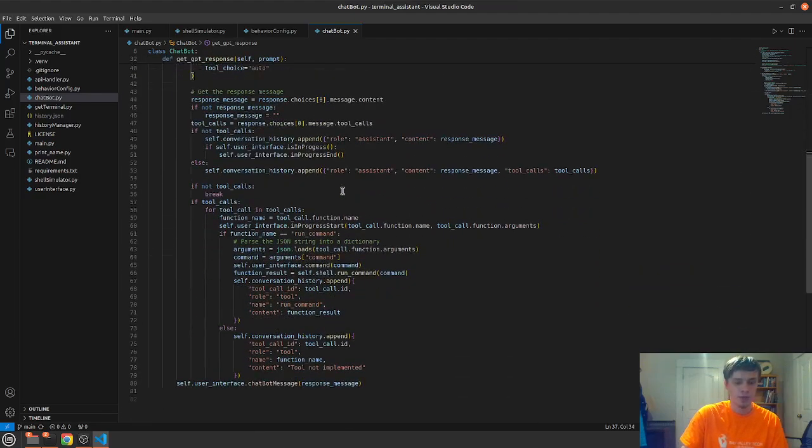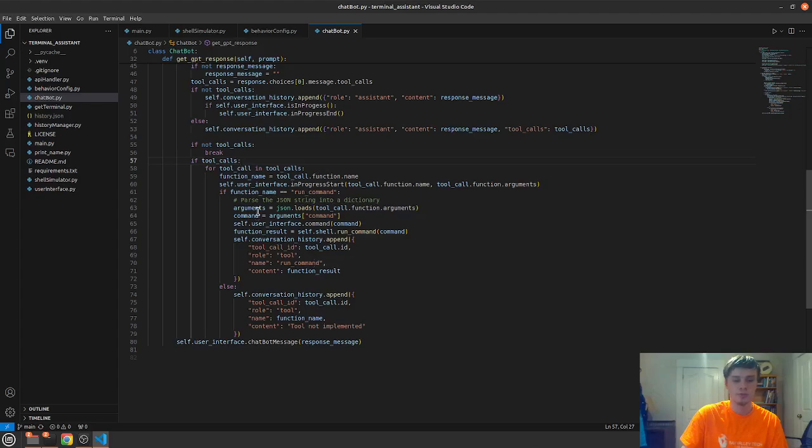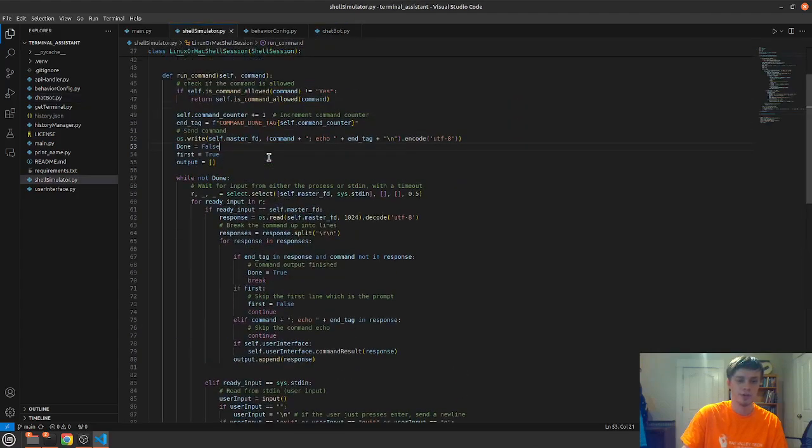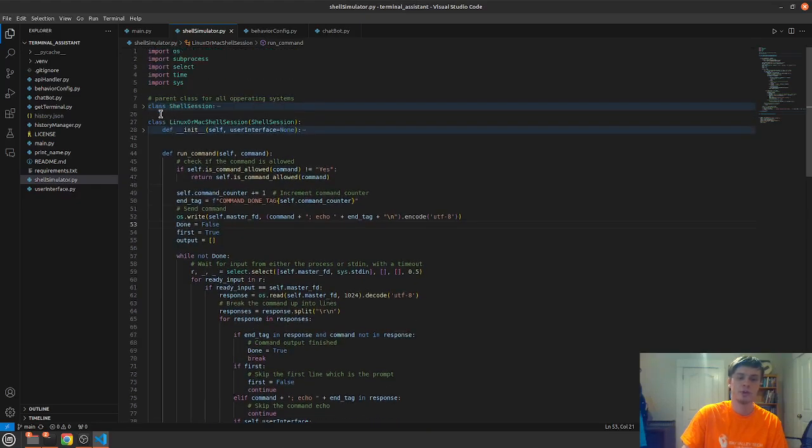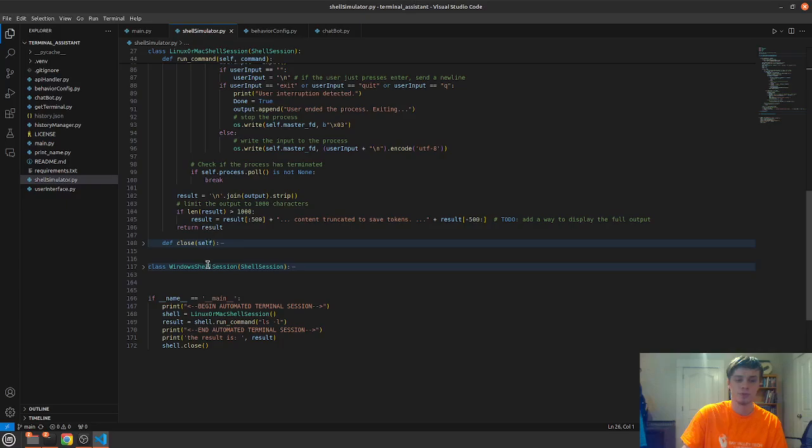So yeah. One thing is it's got to actually be able to communicate with the terminal. So as you can see, if it makes a call to a tool, it's going to check if that call was to run a command. And if it is, then it's going to actually run that command right here. So it's going to go to the shell, which is actually a simulated shell that I have set up here. And this is just a big old class here. This is for Linux. I've also got one for Windows, although that one's not as extensively tested.